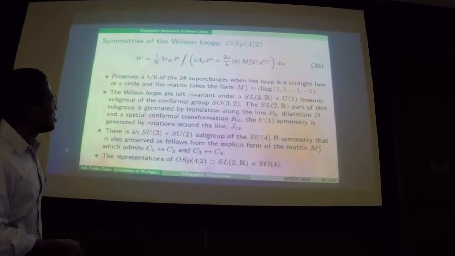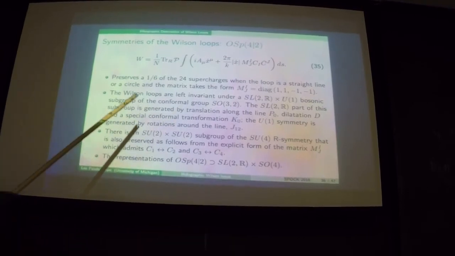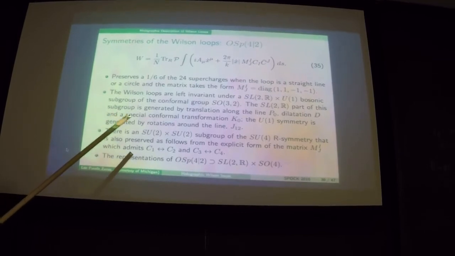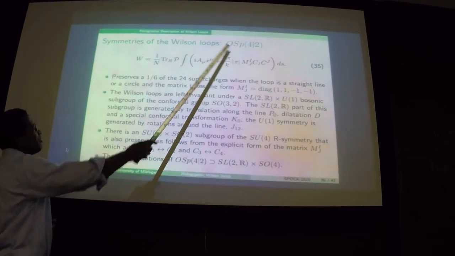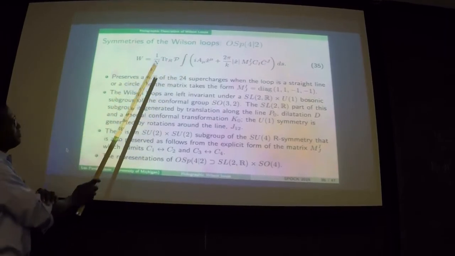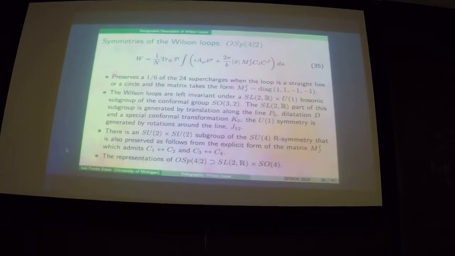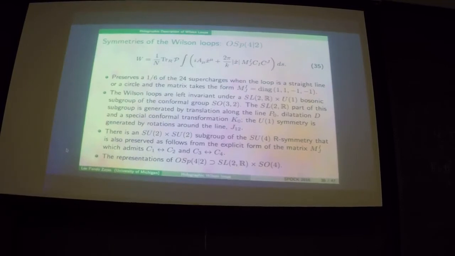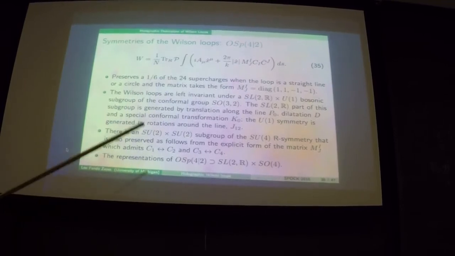So let's discuss. Here's the answer. For the D2 excitations, they have to be organized in this OSP(4|2). Again, let me remind you, this is the Wilson loop, and it preserves 1/6 of these 24 supercharges when this matrix is taken to be like this. Even at this level, just without going to the holographic side, but on the field theory side, you see that